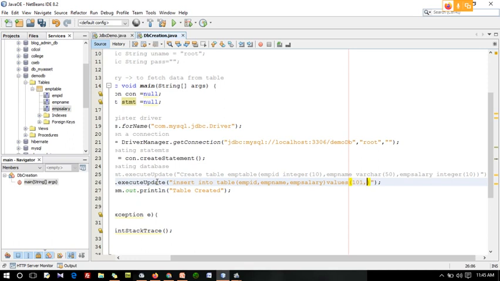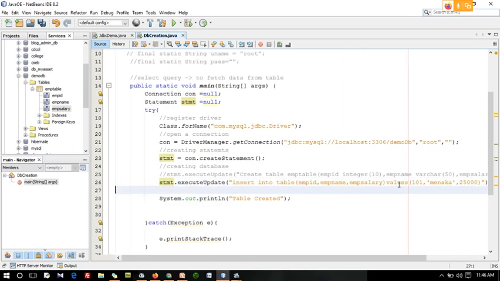If you have given the entire query inside double quotes, for giving a value you can use single quotes. That is not a problem. Okay, and then salary.